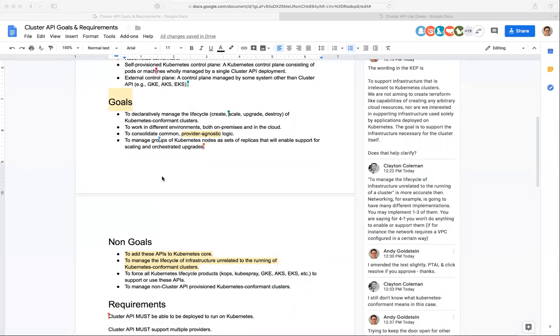So I wanted to just mention something about we were talking about the manage verb. I thought, and we don't need to dig into this right now, but perhaps at some point we can set a boundary for what configuration the cluster API is responsible for applying, by saying that it's responsible for any configuration that must be applied before the initial control plane is up. And then once the initial control plane is up, that can be handled by tooling that just grabs a kubeconfig. That might make that manage